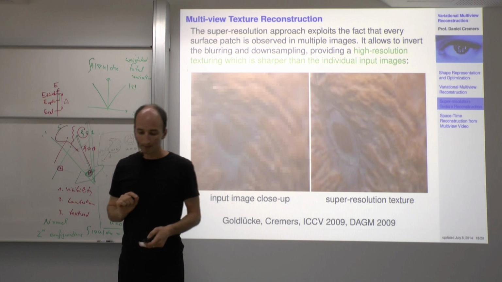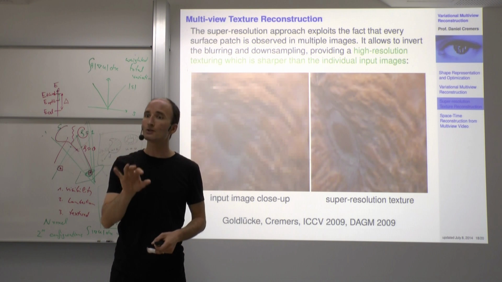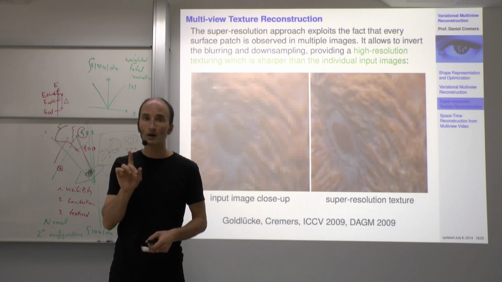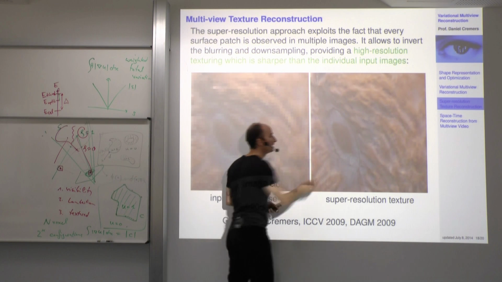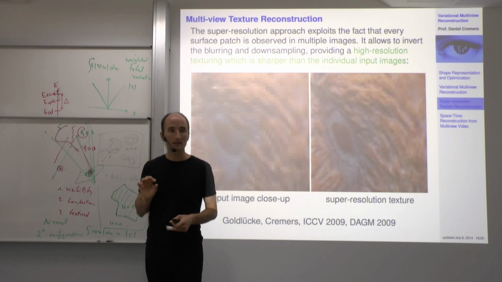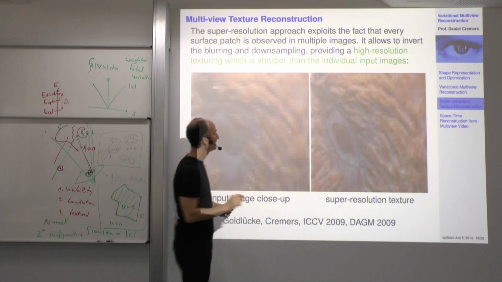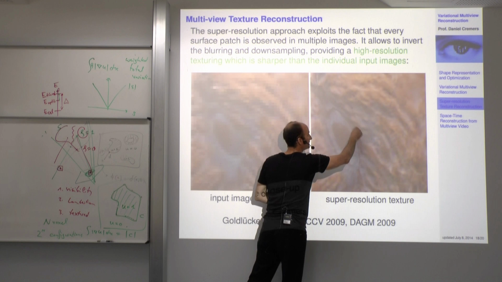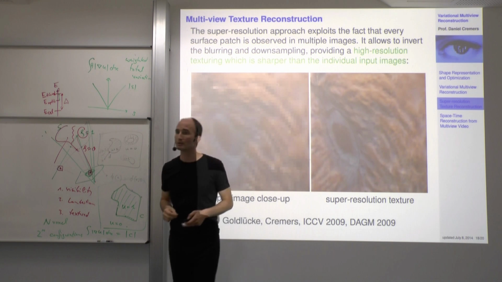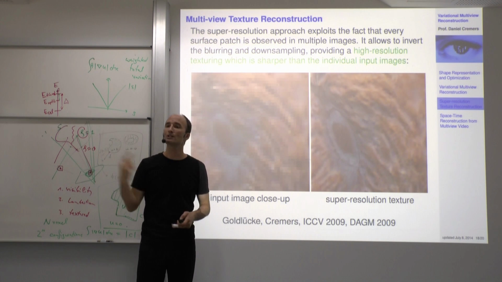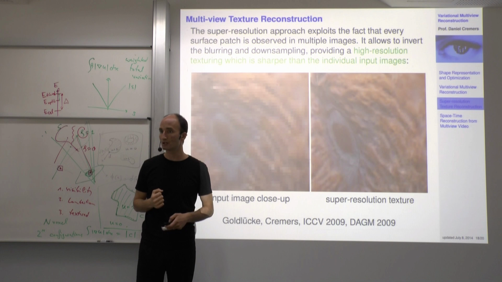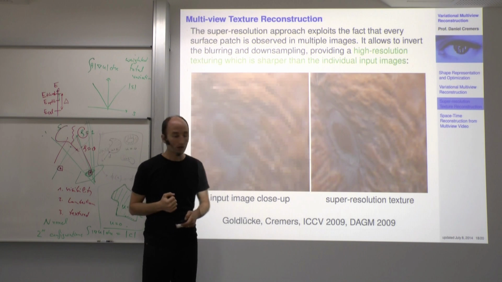And secondly, we see these downsampled images, not one, but multiple. Meaning we see the same eye here in maybe 5 or 6 camera images. And every time, what we observe is a slightly different downsampled version of the input images. And from all these downsampled versions, we can actually recover the sharp original. Because